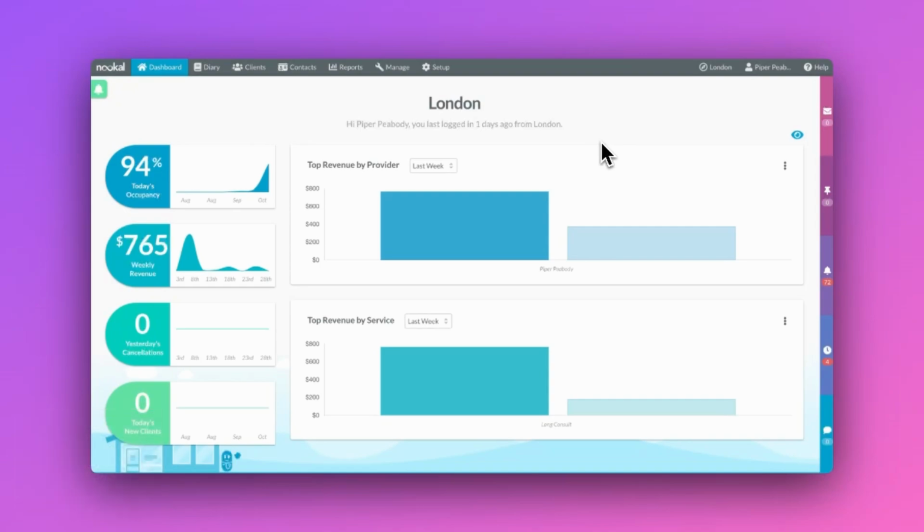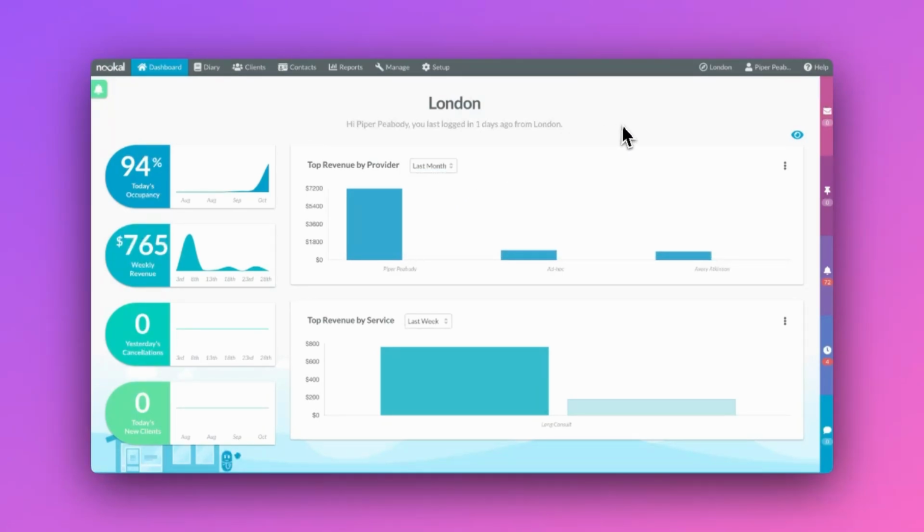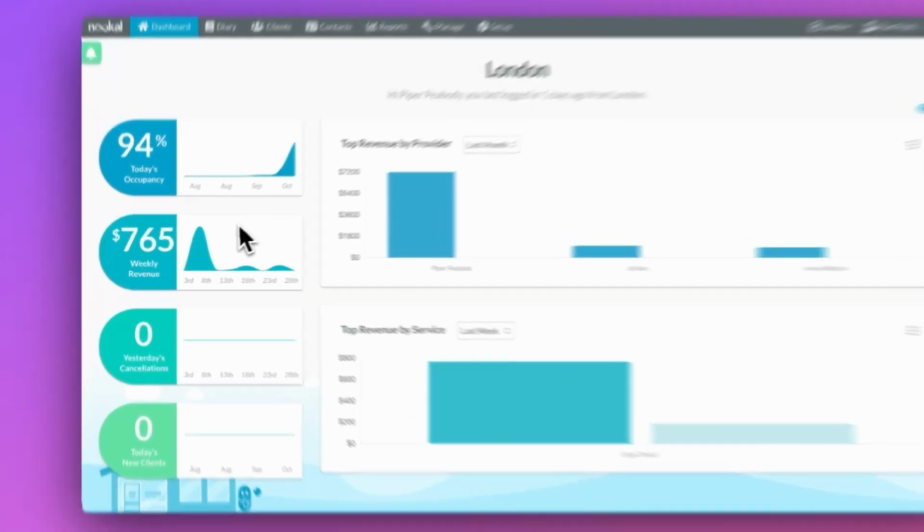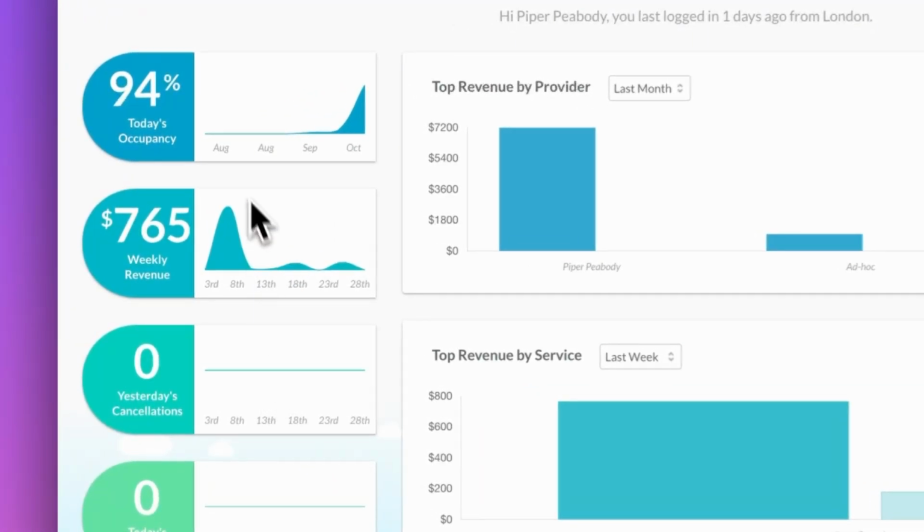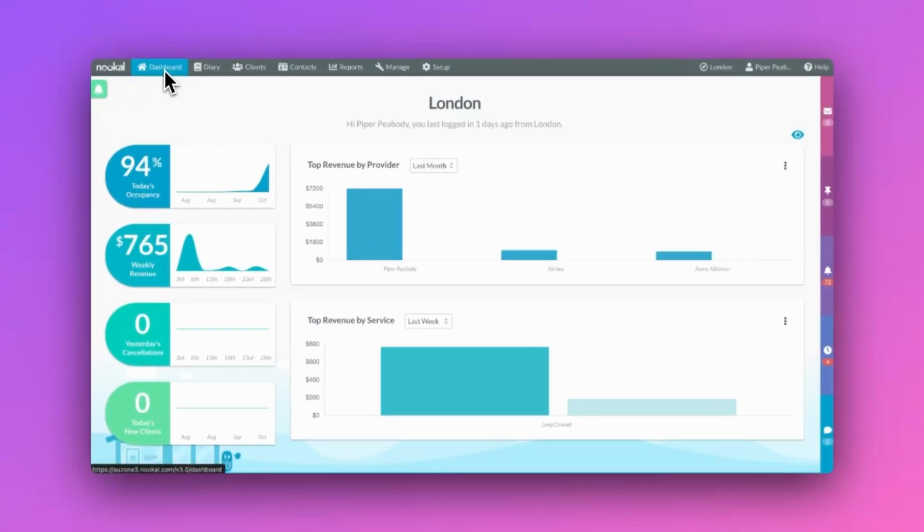When you first log into your account, you'll land on your dashboard. Your dashboard, depending on your permission levels, will display various stats to help you stay on top of booking levels and performance. Now let's walk through the different areas of your account that are key for setup and daily operations,